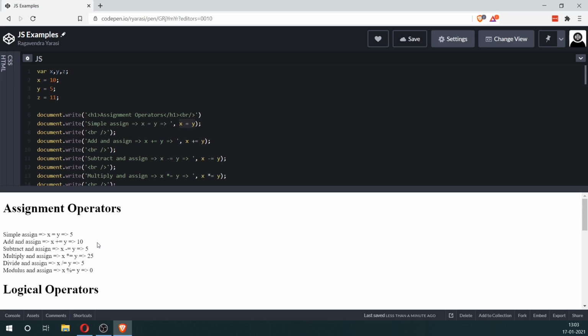So this might be a little bit confusing when I say new value here and new value here. Basically what I mean is after this expression, the value of x updates to 5. And after this expression, the value of x will be 10 here. And now subtract and assign will basically result in 10 -= 5. So that will be 10 minus 5, which is 5. And that will be the new value of x here. So after this expression, the value of x would be 5. And multiply and assign will result in 5 *= 5, which will be 25. So the new value of x would be 25. And divide and assign, x /= y is 25 divided by 5, which is 5. And that will be the new value of x here.